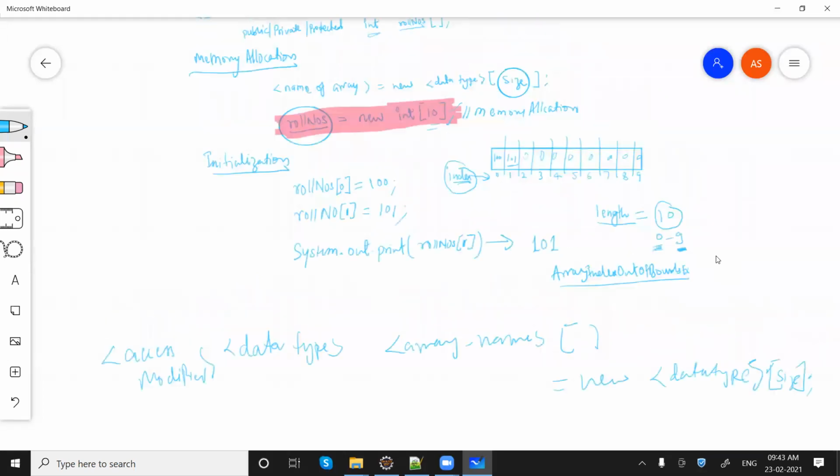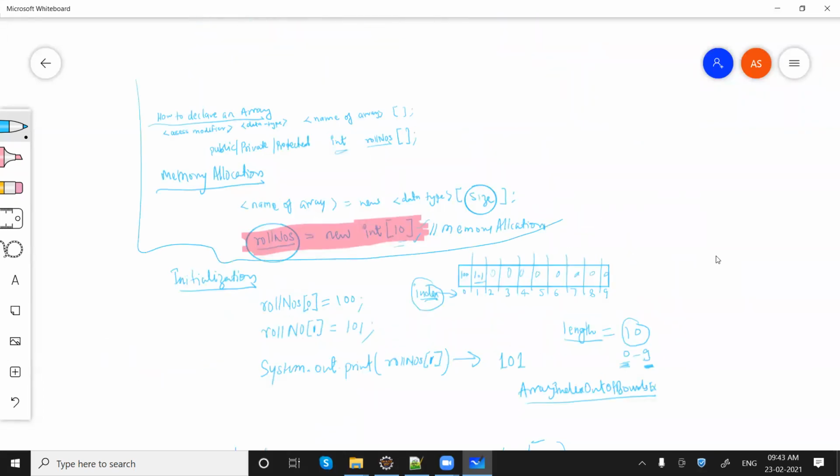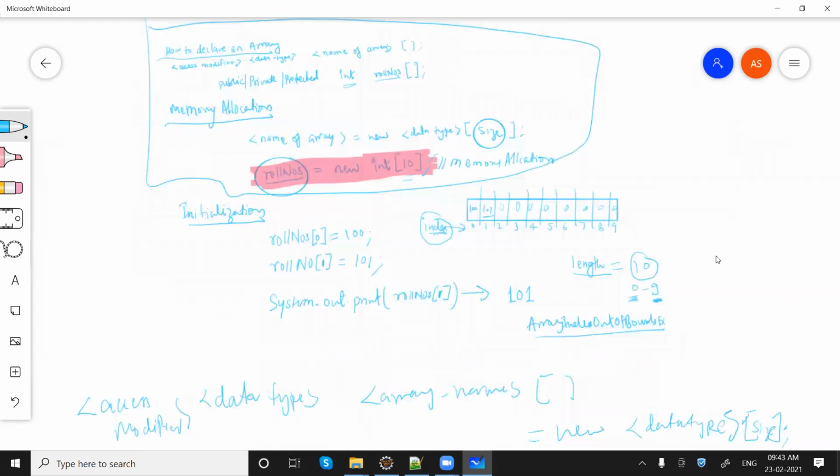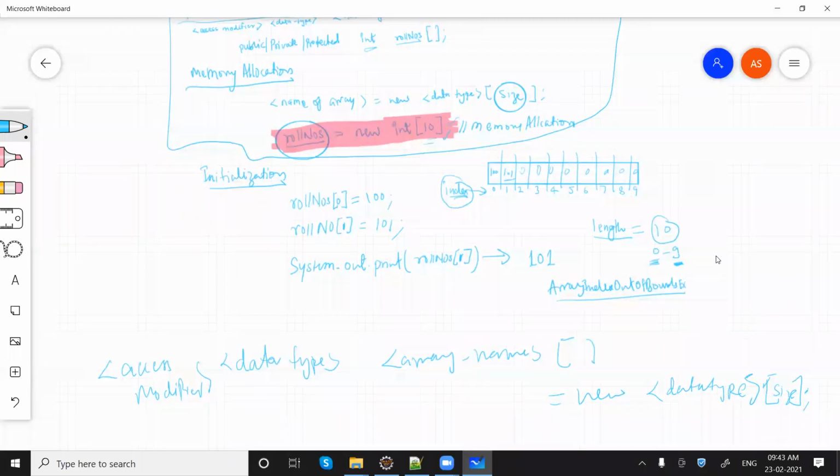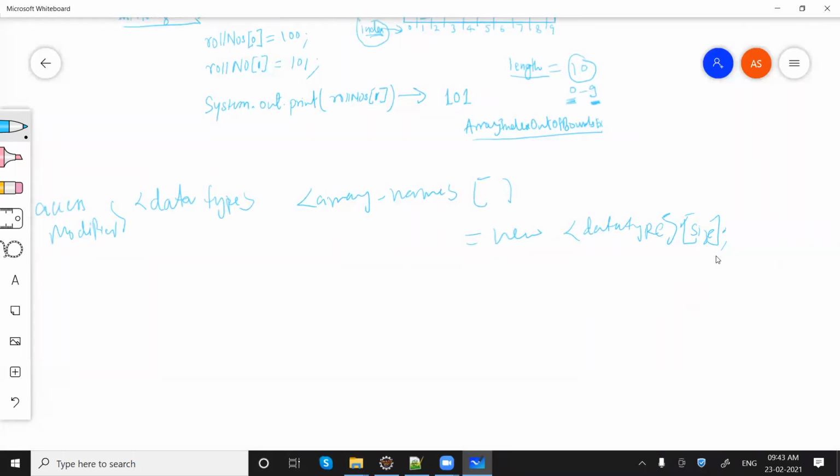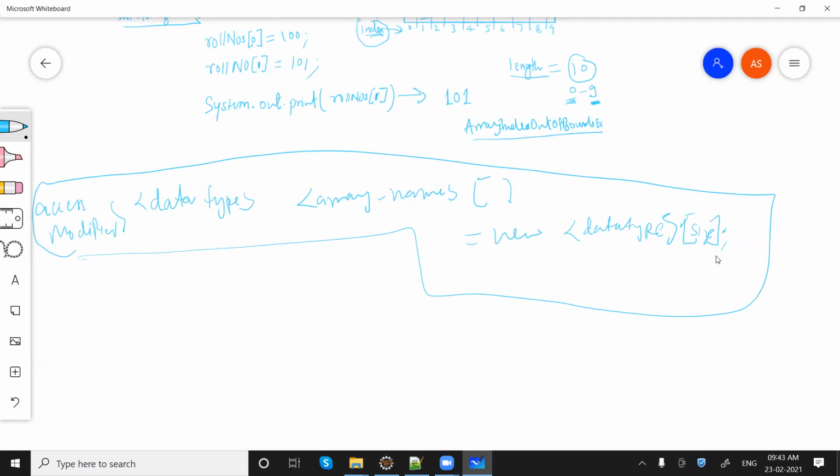Earlier we were doing it in two steps, first declaration, then memory allocation. It can be done in a single step like this. This is also possible.